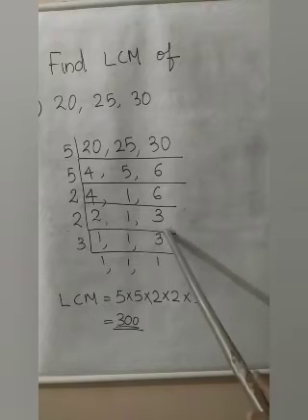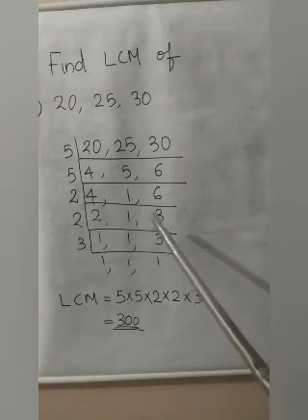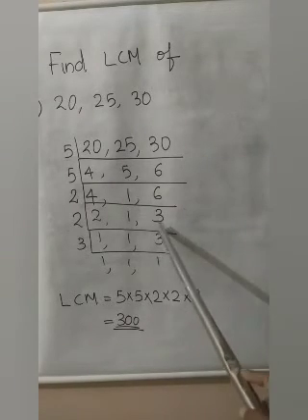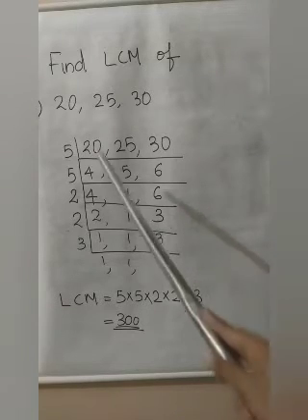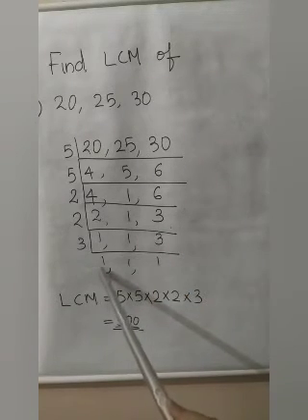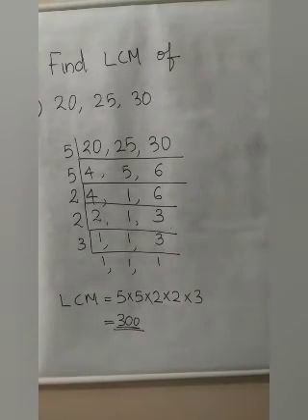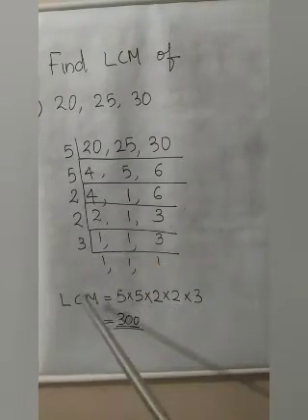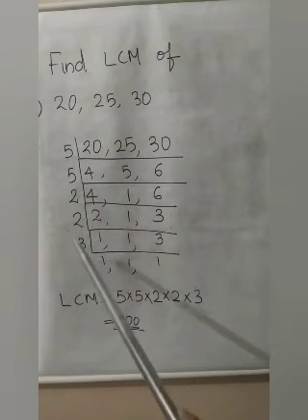Otherwise, if you are not making the last one, this is a prime number, you can actually stop your prime factorization. But when you are writing the LCM, you will miss out this number to write. So that is why we are asking you to prime factorize here itself, making all the remainders 1. Now, in order to find the LCM, you need to write only what? These numbers. These numbers are the LCM. What is that? 5 into 5, 2 into 2 into 3.